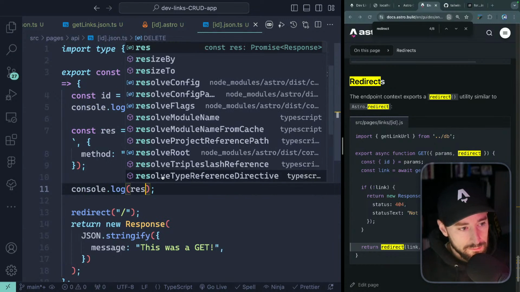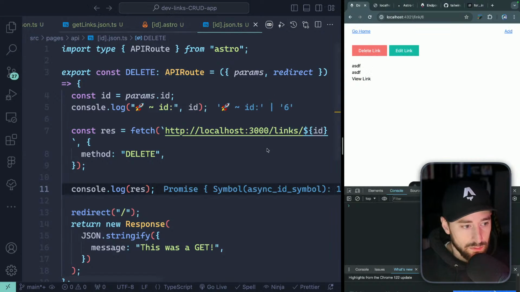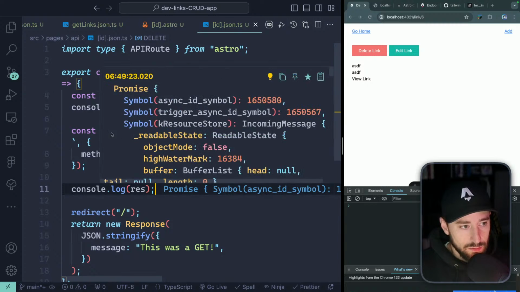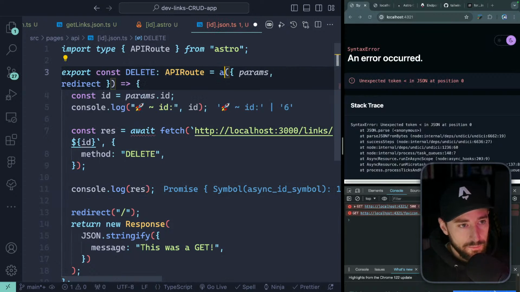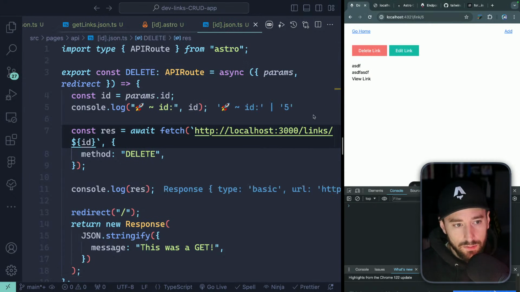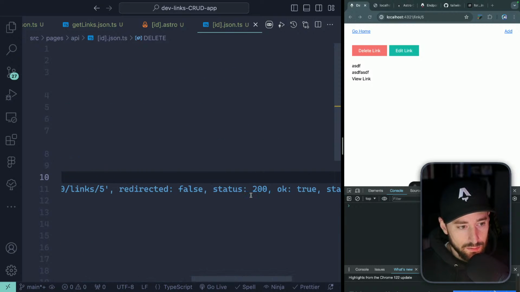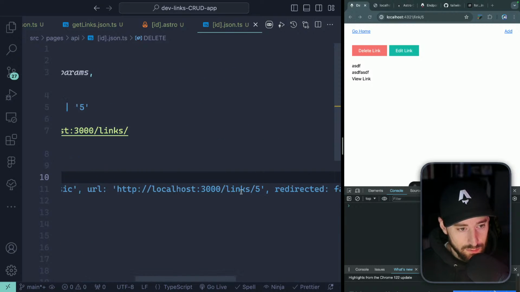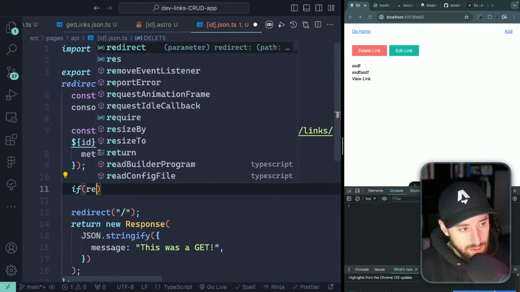Res. So let's go over here and delete something. We need to await this. Async. All right. Delete it. Okay, so we are getting back something. Status 200. Okay, so we can just say if res.ok,